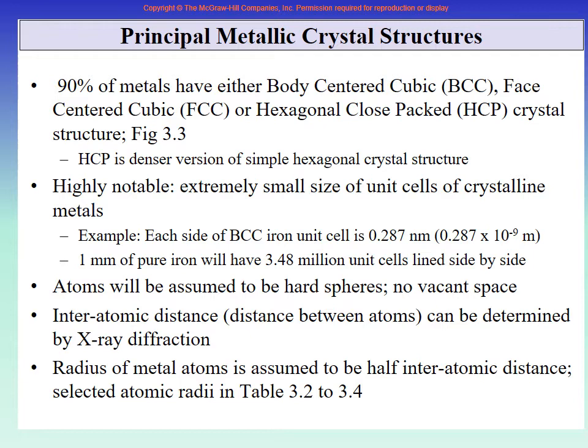Unless you have a microscope of a very high magnification, you cannot look at less than 1 nanometer. So therefore you cannot have any idea of the crystal structure and size and so on unless you have a microscope of a very high resolution. And all of these unit cells are nanometer in size. Therefore, if you take even 1 millimeter length of iron, it will have 3.5 million unit cells, even in 1 millimeter.